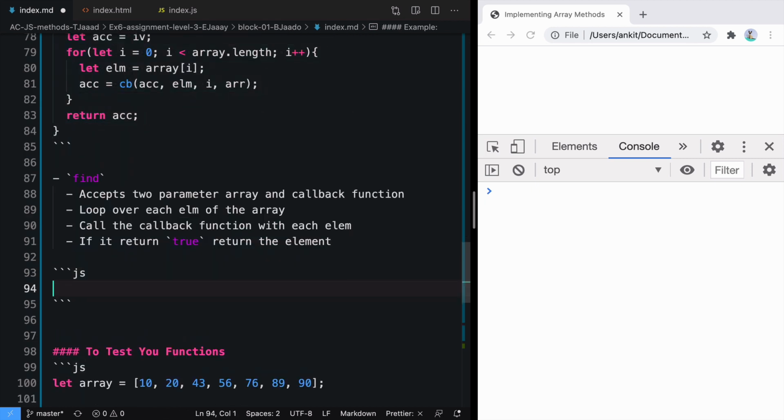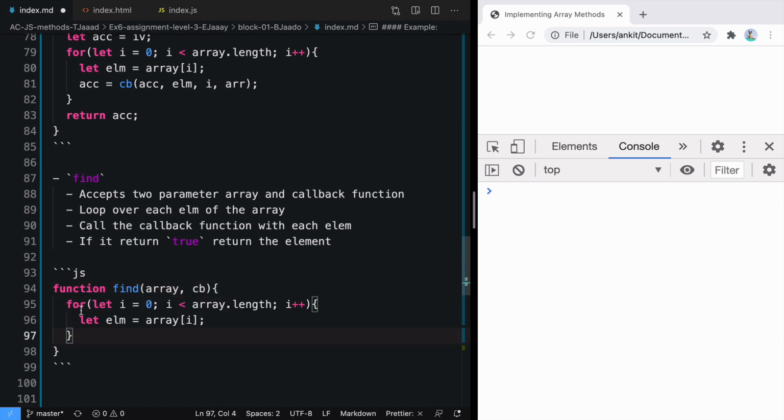Moving on to the last one, that is find. It also accepts array and callback function, loops over each element of the array, and calls the callback function with each element. If it returns true, return the element. So we'll say function find that will accept two things, array and callback.